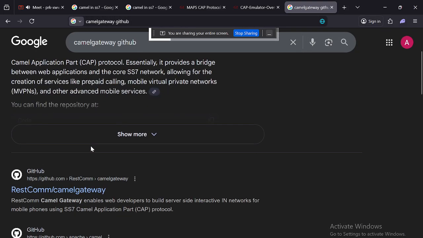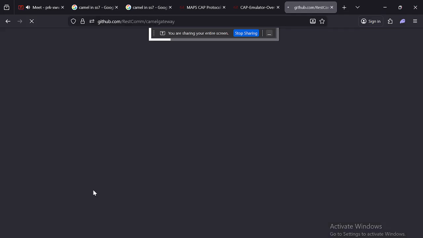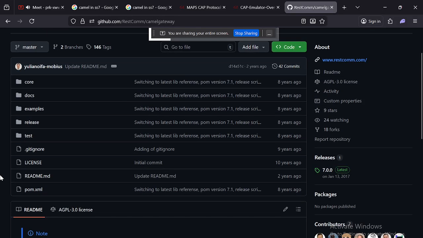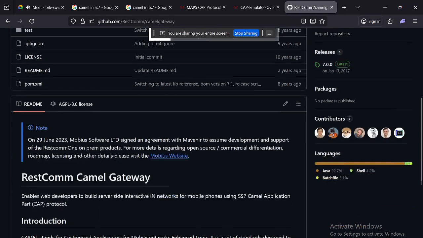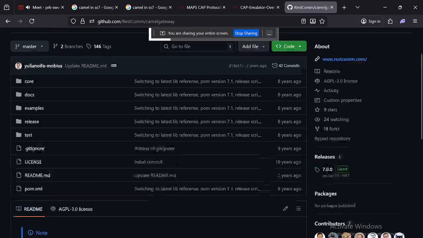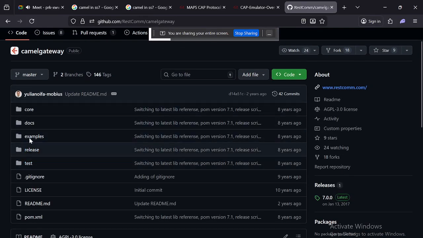This is the best one where, if your client is abroad, you just install this one and RESTCOM. This is not available. Like virtual private networks as VPNs, call redirect services, conditional call forwarding and SMS. So you can also intercept over there with this switching.